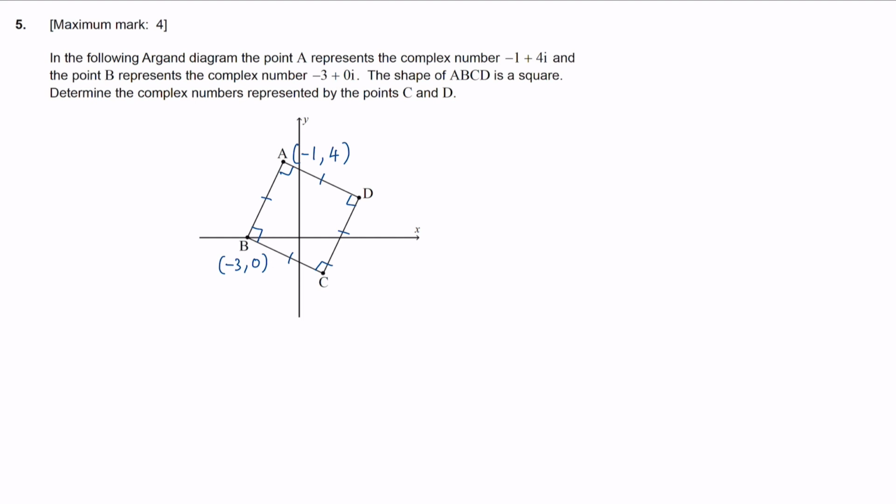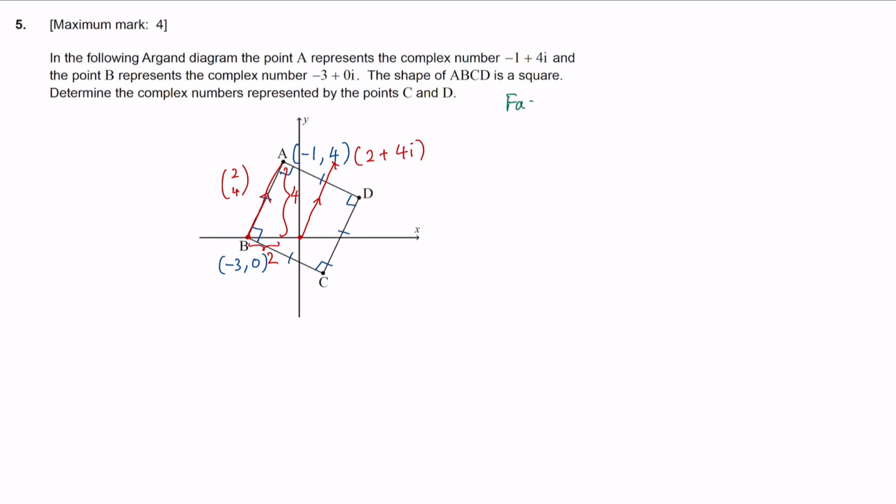What I'm going to do is use a vector kind of approach, and a bit of translation. So I noticed that the complex number from B to A, if I were to draw this as a vector, is the vector (2, 4). Which means that if I were to start this B at the origin, I just move it parallel, this number is actually the number 2 plus 4i. I hope you can see why, because this distance here is 2 units, and this distance here is 4 units. I'm going to move it to the origin because I'm going to use another fact,